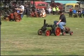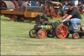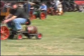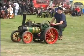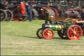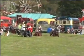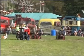The Mascot, now another of our lighter 5-ton steam tractors from Marshall, went to the Eastern Counties Haulage Company of Ipswich and was registered originally in Lincolnshire. And in fact it was